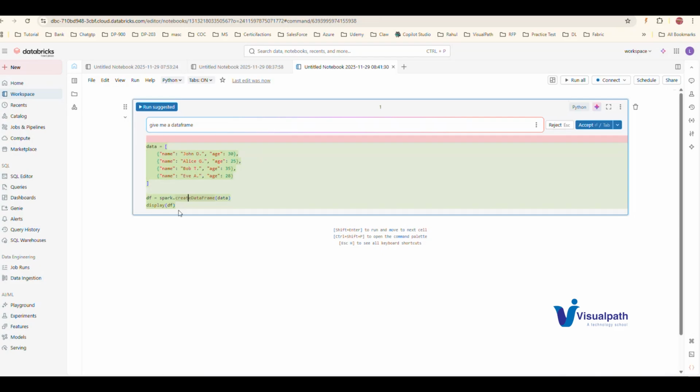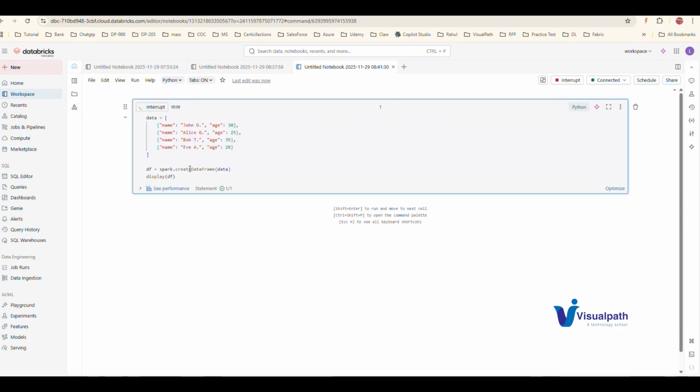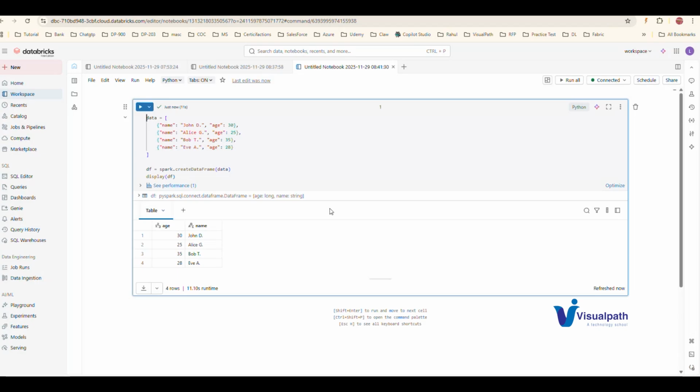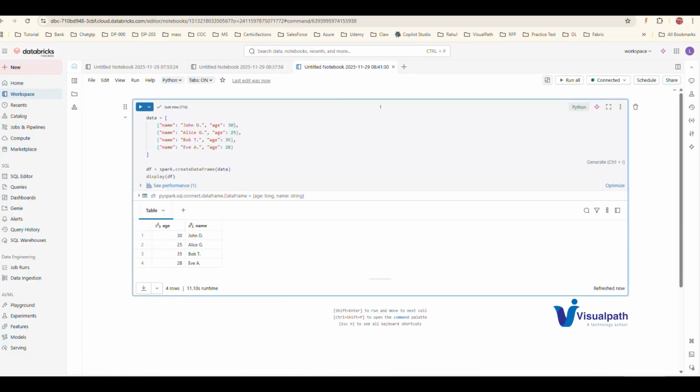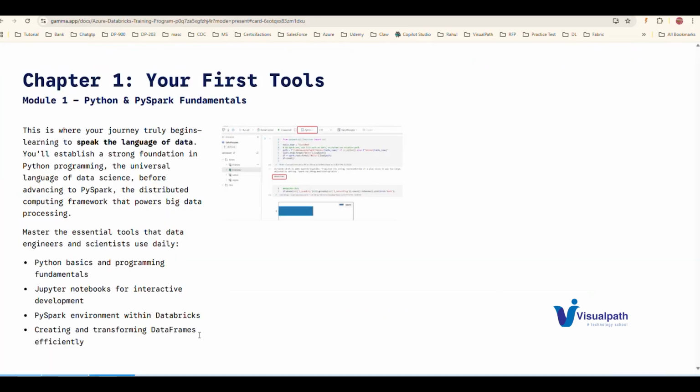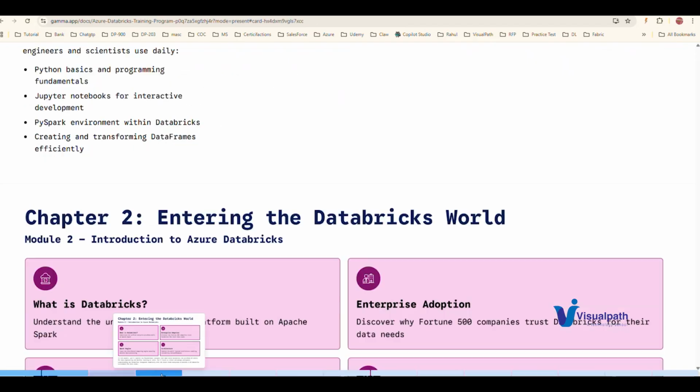So from the data, if I run it, it's creating the data pipeline, and you can see the output is coming. It's very easy. What have we done is that in Python we have a list, and the list is converted into a data frame in Spark, and we displayed the data. This is how the Spark framework is working. We will learn about this in detail, how Python programming basics work, and how we will work on Jupyter notebooks. A notebook is something like an area where we can write the code. So we'll cover that, and Spark, and that is the first chapter taken care of.